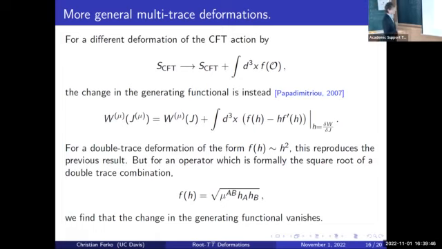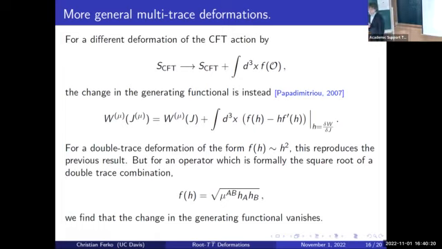Now you can schematically see that if f goes like h squared, this is like h squared minus 2h squared, so it's minus h squared, which reproduces what I told you a couple slides ago, that in that case the two differ only by a minus sign. You deform the action and you deform the boundary, the bulk action, by the same thing with a minus sign. But something funny happens for our root TT bar case, because here the schematic form of the function that we're deforming by is a square root of a double trace combination. And in that case, if you evaluate this combination of derivatives, it vanishes.